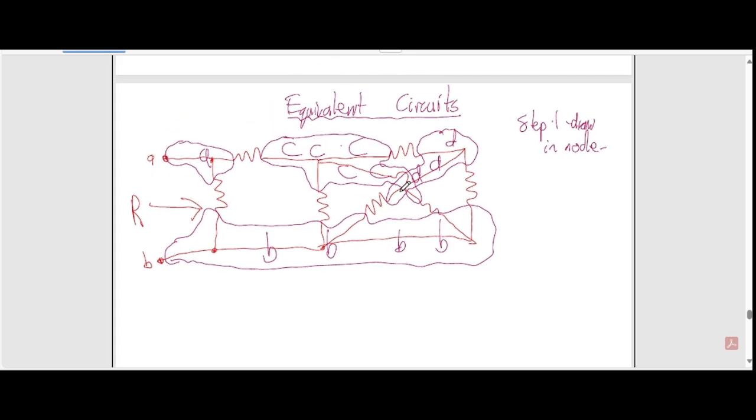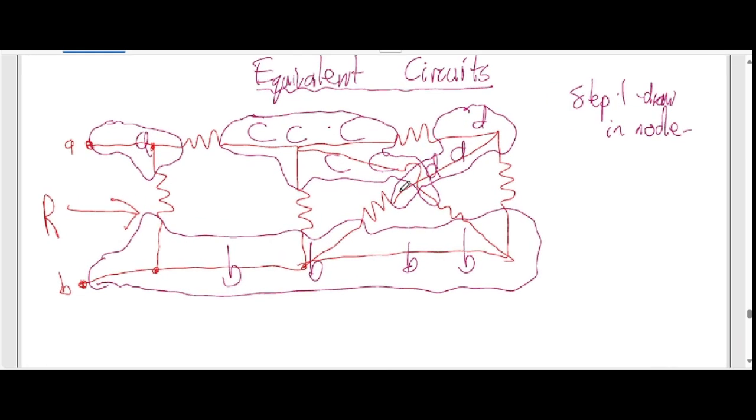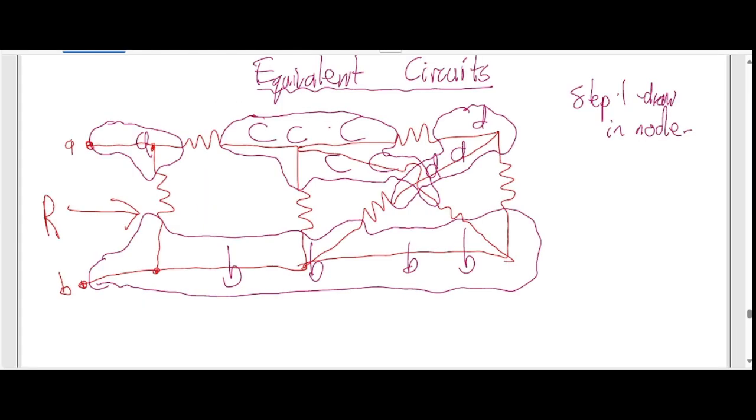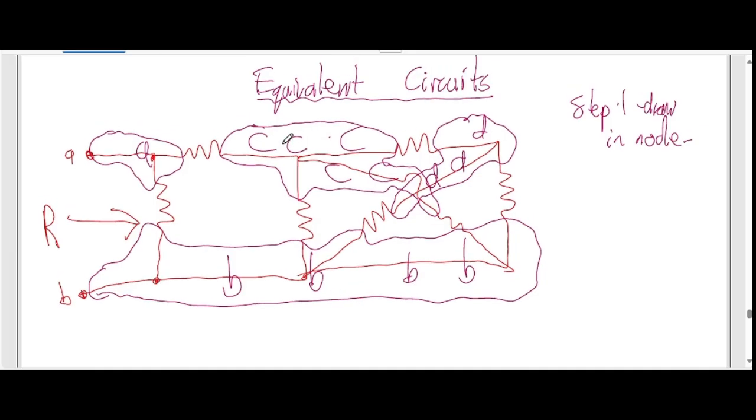Drawing the nodes, everybody could do the first piece? Yeah. It might look weird, but remember, a node is just bounded between the components, right? So that's step one. Alright, step two. You draw a line